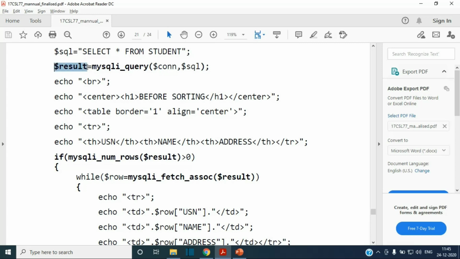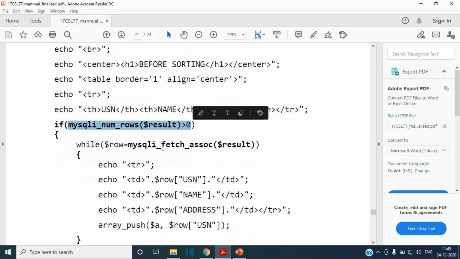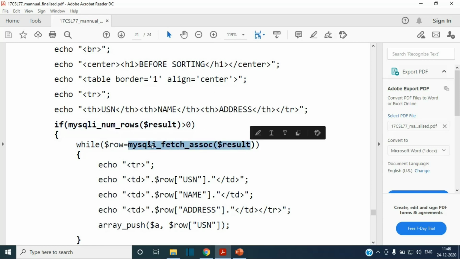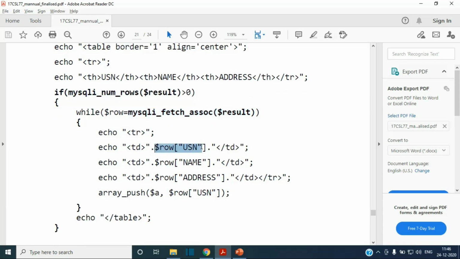So how to do this? Initially I'll check whether mysql_num_rows is greater than 0, otherwise we have not fetched any row. If it is greater than 0, within a while loop I will access every row of the result, one by one. Once I access every row, I will pass it to tr, right? You can see here the tr. What is tr? It is every row of the HTML table. Within td I am passing the USN, name and address of every individual row I have fetched from the database. So this is how I will display the table and close the table.